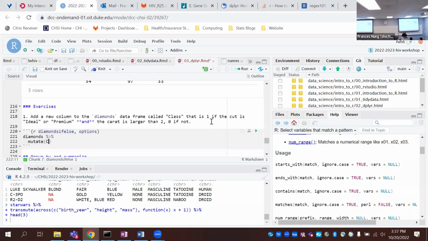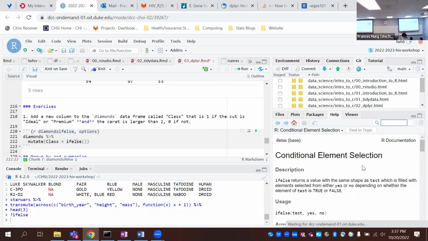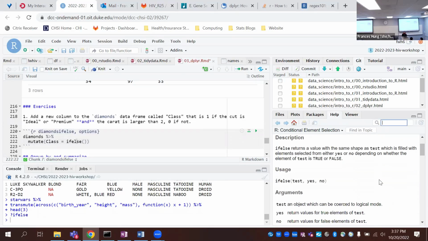And we can define something called class. And okay, so in order to do this, you'll need to look up what if_else does. Here's a function called if_else. We might have gone through it in the last lecture, but it's probably foggy even if we did. So go ahead and look this up, and you can practice using the documentation.